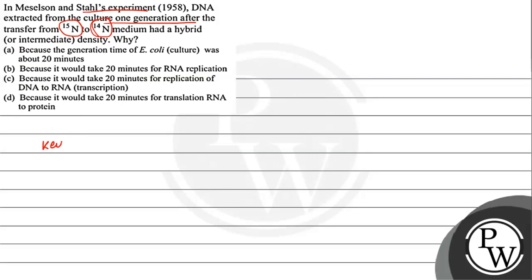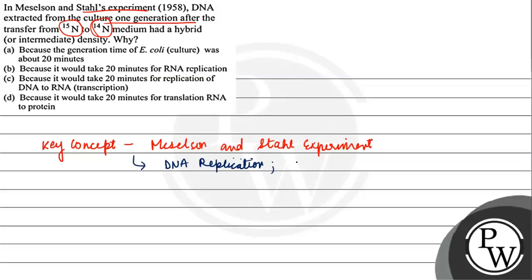The key concept is Meselson and Stahl's experiment. The conclusion we saw was that replication is carried out in the form of semi-conservative replication. Now, what was the experiment? Let us look into it. First of all, an isotope of nitrogen, 15N, was introduced,